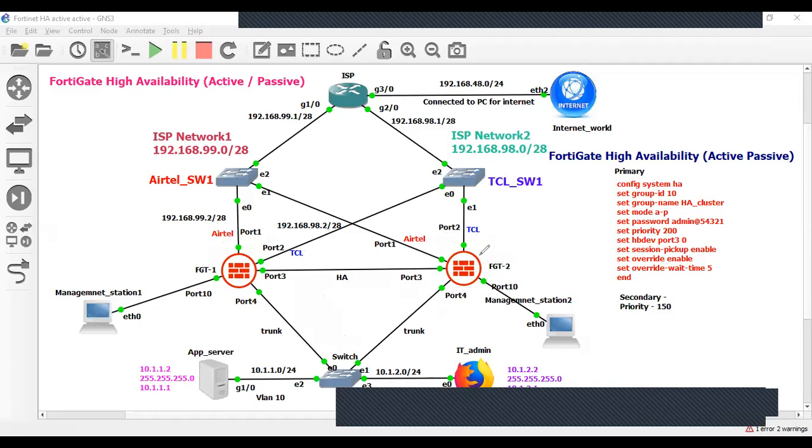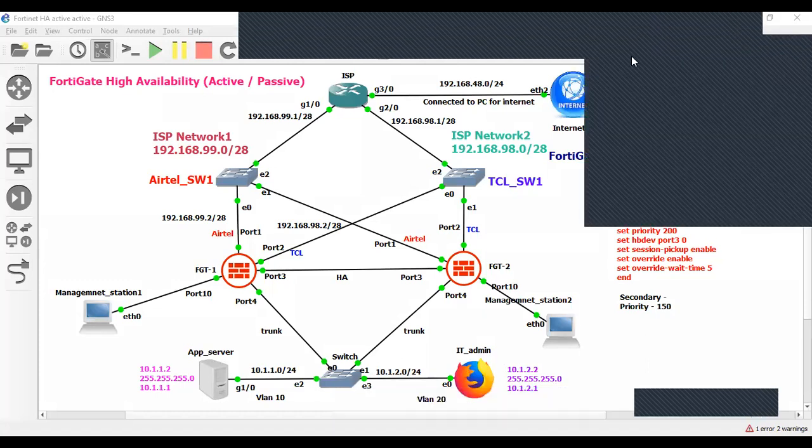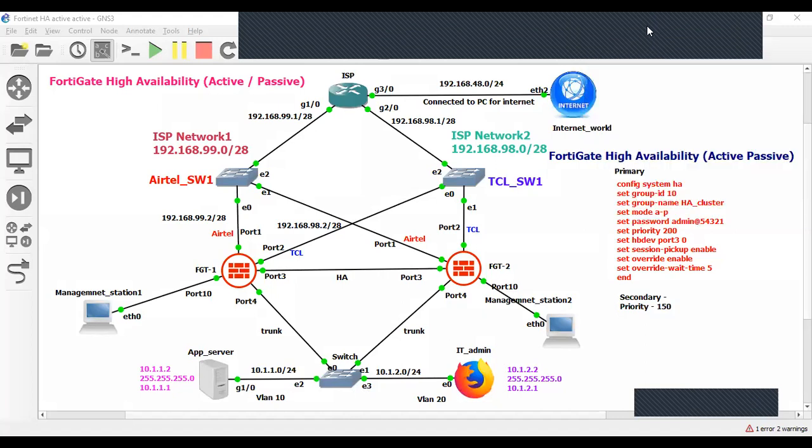In this scenario, FortiGate firewall HA works for better performance, so there will be no impact for the LAN users. So let me check whether the secondary firewall has started or not.